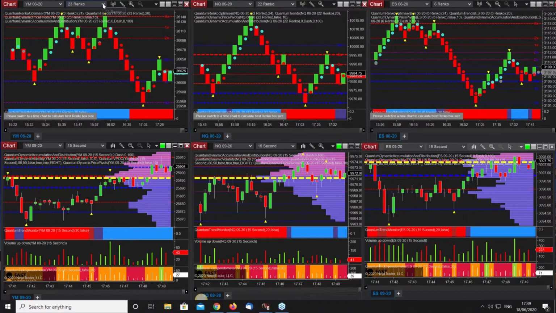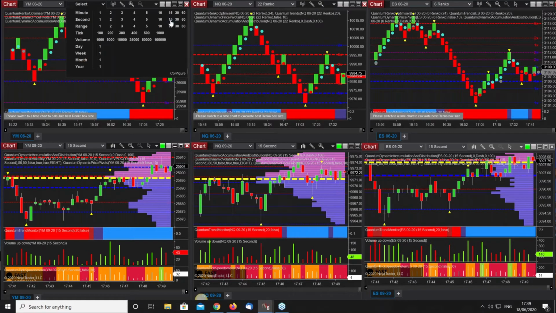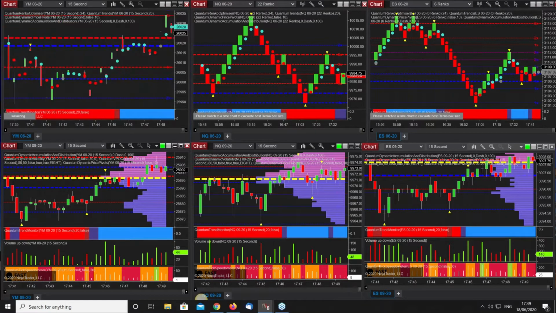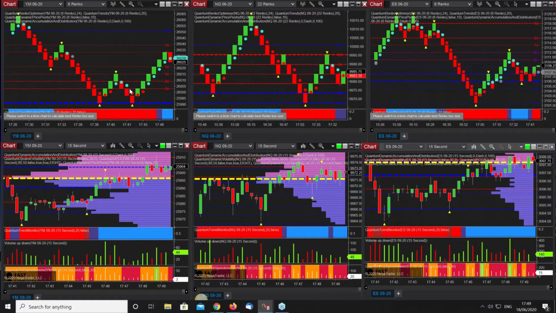I'm just going to check these because with the Renko, what we do is simply choose the time frame. So I'm going to go to 15-second here, so it matches the time at the bottom. So they're in agreement, if you will. Click on that, and that will open the optimal brick size to be trading right now for the YM on